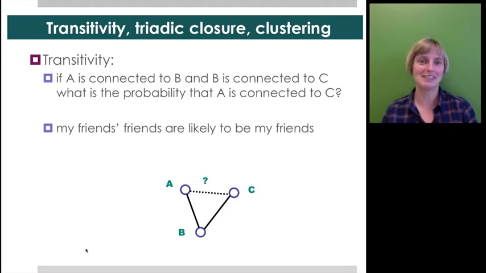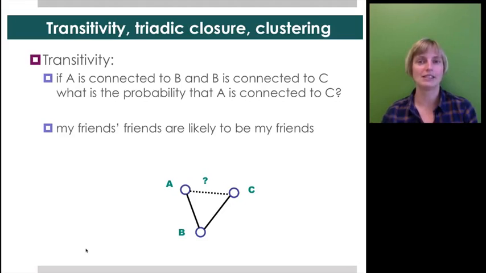That is, A and C know B in common, and now A and C know each other as well. So this triadic closure is sometimes also termed transitivity or clustering, and what we want to know is how much of that is going on in the network. Because social networks, for example, are highly clustered because a friend of a friend is likely to also be a friend. But in general, networks do not necessarily have this property, and we still want to know to what